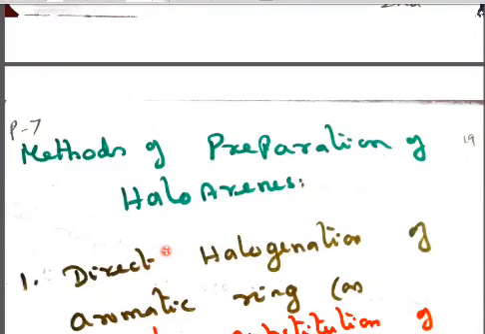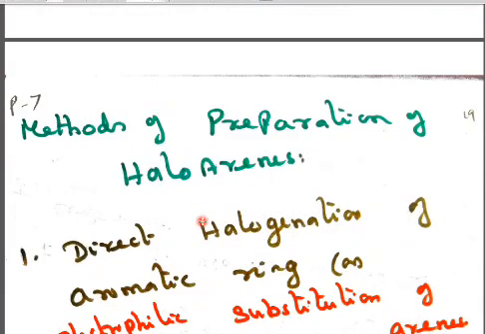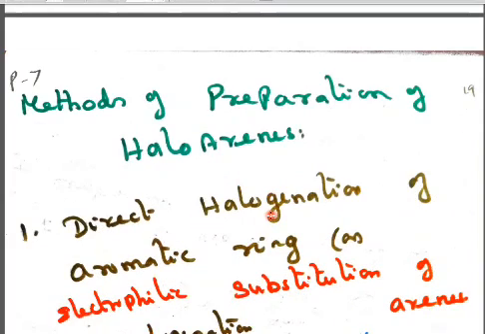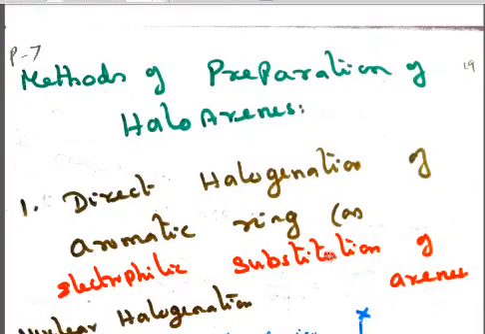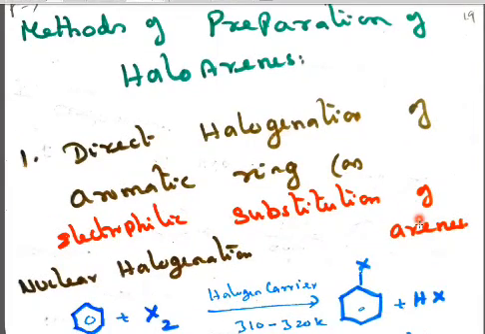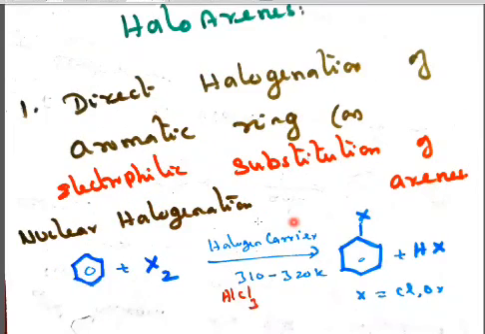The next topic, methods of preparation of haloarenes. Before that, we saw alkenes. Now we are going to see the preparation of haloarenes: direct halogenation of the aromatic ring, or electrophilic substitution of arenes, under nuclear halogenation. This is benzene, and X2 is a halogen directly attached to the nuclear carbon with